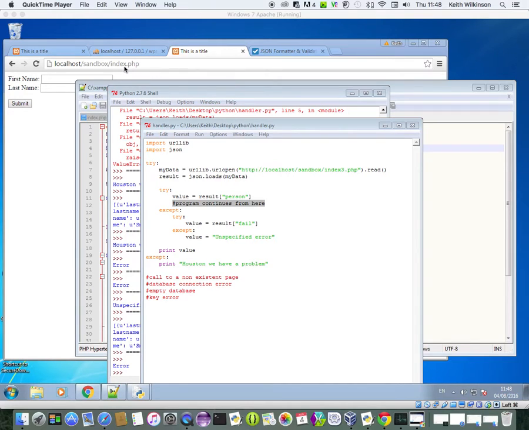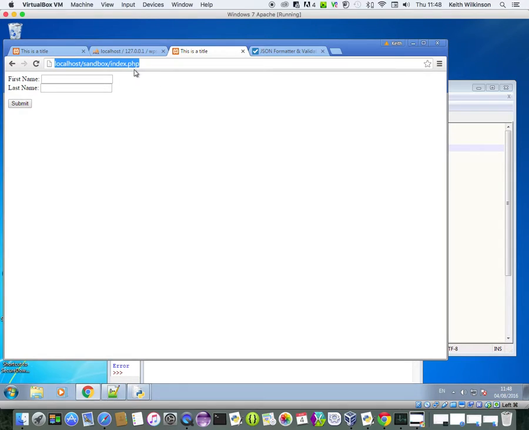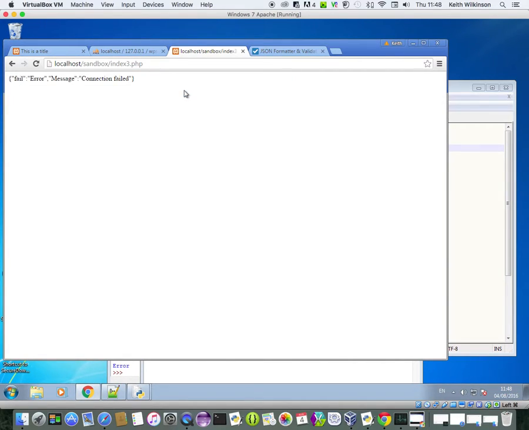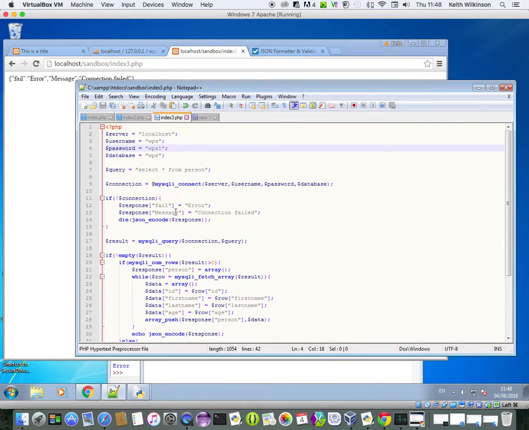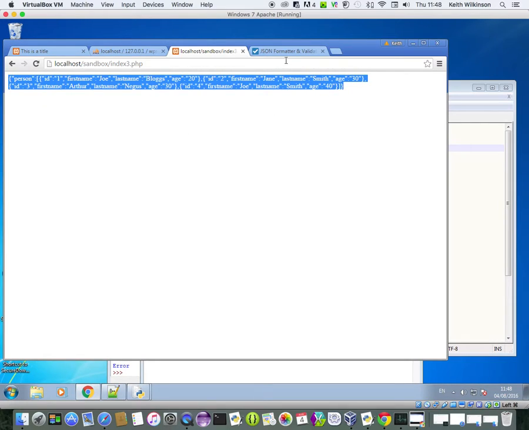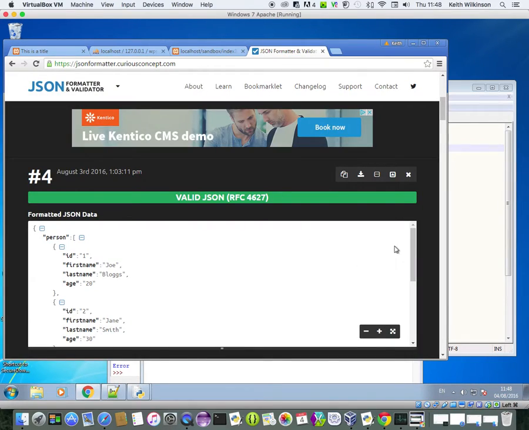So let's see if I can get back to a full set of JSON data. Make sure I've changed everything back to normal. Now I'm on fail, so I need to go back and make sure I pass, and there we go, and get the full set of data. So if I copy this data and then go to my validator, we've already got it in here, but I'll show you how to go through it